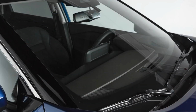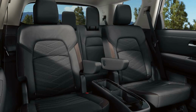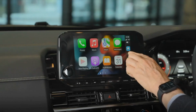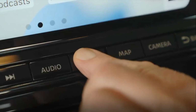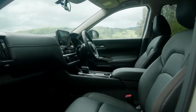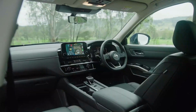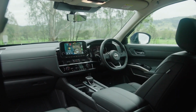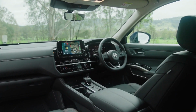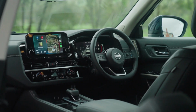Some other features only available in the TIL model include rain-sensing wipers and second-row captain's chairs, but all in all, Apple CarPlay is still bulletproof, even in regional Victoria, with quick responses and zero dropouts. Most automakers have decided to do away with the physical buttons and dials, replacing them with touchpads and haptic versions. However, Nissan has decided to choose the more sensible route, leaving the aircon and audio and tuning dials for everyday